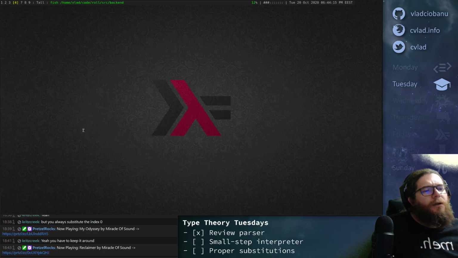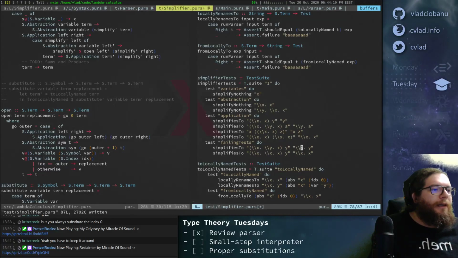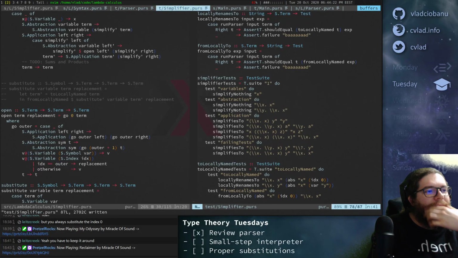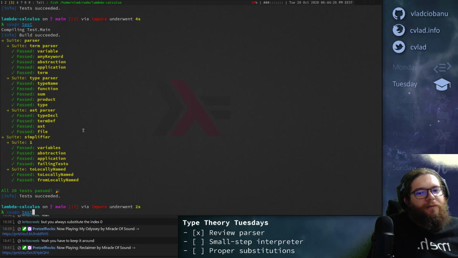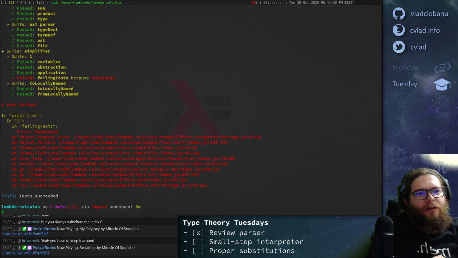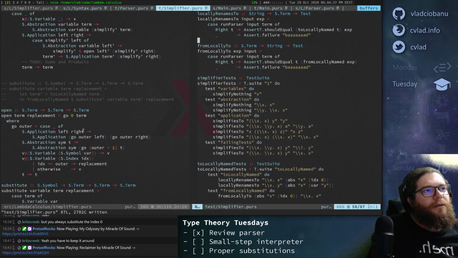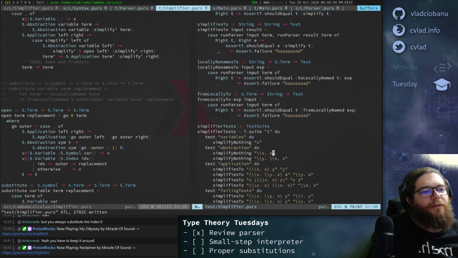Oh, wait, what? Okay, yeah, but this is correct. This is wrong, right? It should be something else here, right? This is where you said that we need some alpha equivalence thing here, right? So I think you will get back y.y, but well, we didn't write any info here.